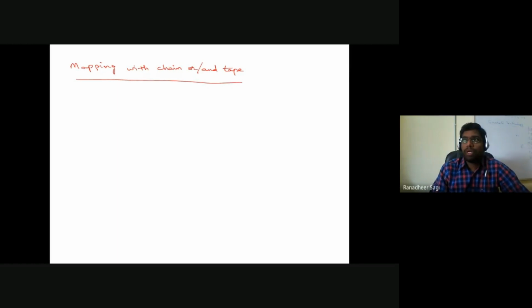what we start with is an understanding of how we carry out our mapping with the help of simple chain, or maybe with the help of tape, or with a combination of both chain as well as tape. So with the help of both chain and tape, how do we carry out the complete mapping of that particular area we are trying to survey? Because we have got different advanced instruments available by which we can simply carry out our mapping work.